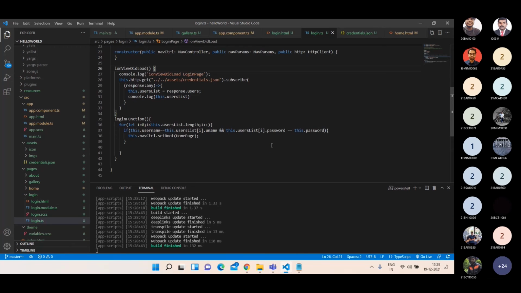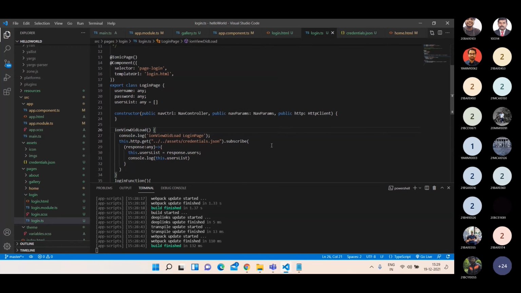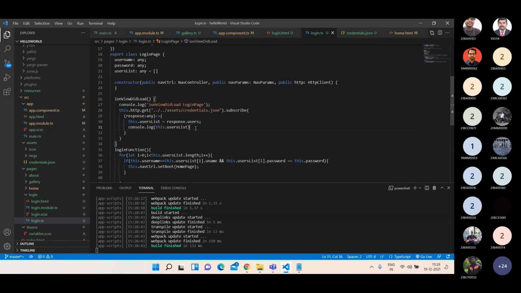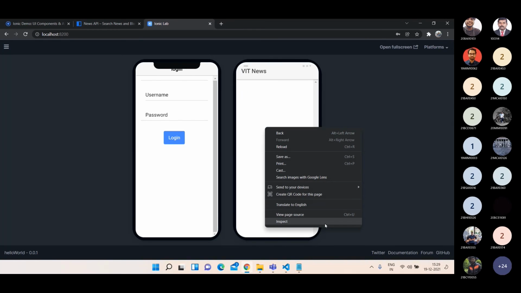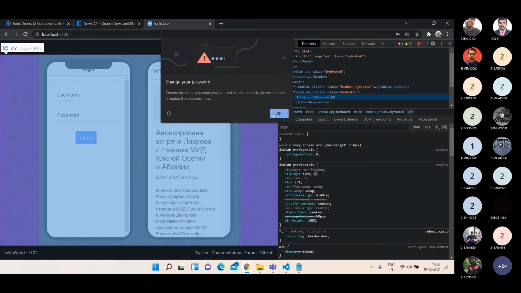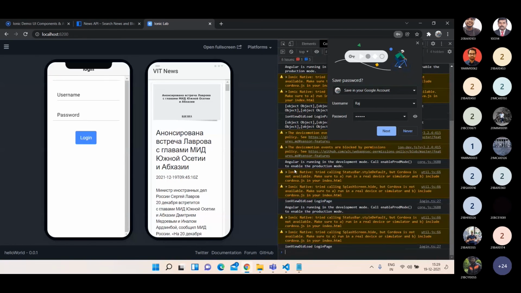Also, sir, the credentials which we gave, normally we won't be able to see them in the console, right? It would be a data leak, right? Yes, so I just gave it here for your understanding. You need not give this data in the console. You can log in, so you need not show that data in your console. You can avoid that.